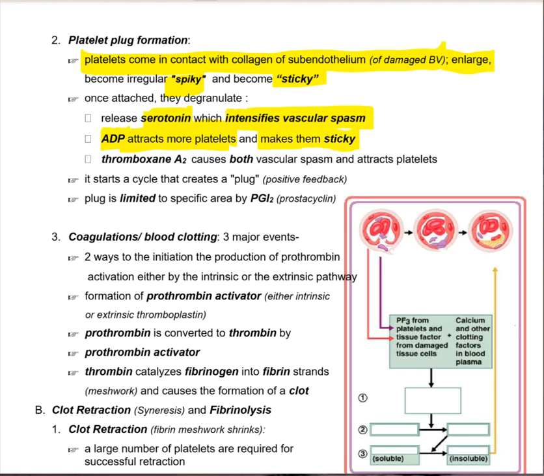Thromboxane A2 does both those things. I'll put that in a different color just so it's easy to see them. Does both. All right, so that's important. Most of these chemicals will release all at once, but if only one is released, then you'll see one response. If thromboxane is released, you see both responses. And this will start a cycle that will create what we call a platelet plug, because as one platelet,